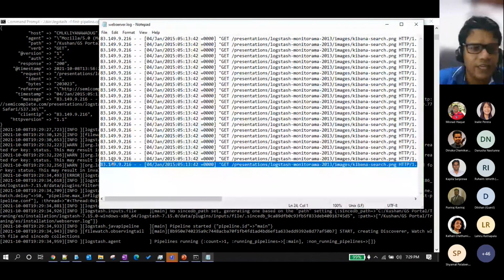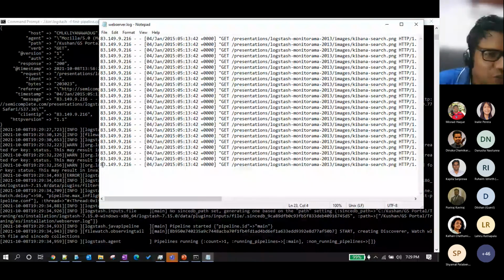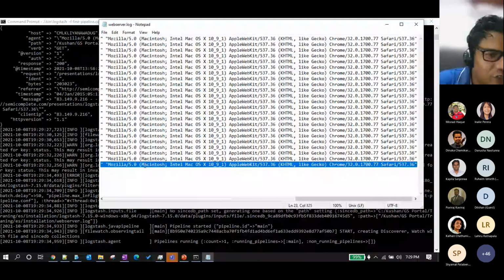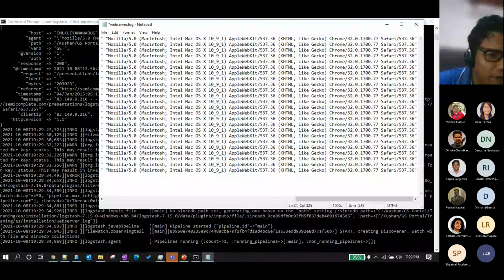Now you see we have the GeoIP option in here. See, this is the particular GeoIP.